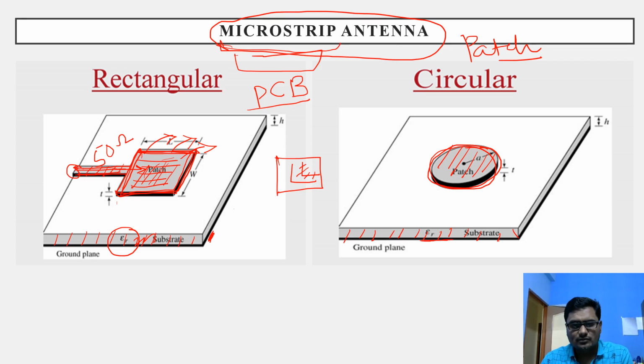Now we are not going to discuss in detail what the ground plane is, what the patch is and all. These things will be there in the third chapter. There we will again discuss everything, but for the time being, microstrip antenna is a patch antenna. There is a substrate, on that you just put the patch, and it will start radiating. So that much is sufficient for microstrip antenna. Let's go to the next type.